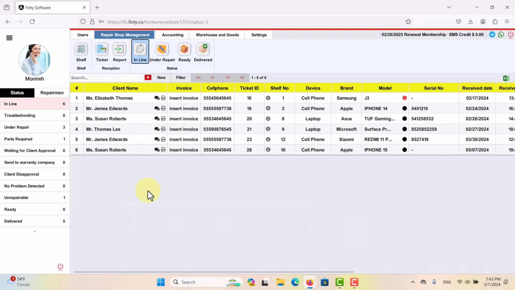As you see, the repair ticket I just issued goes directly to the inline service and is at the end